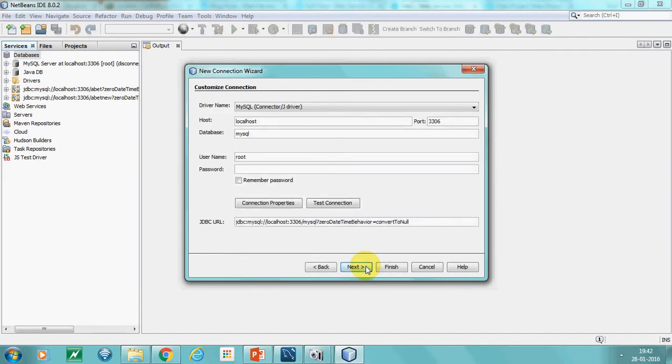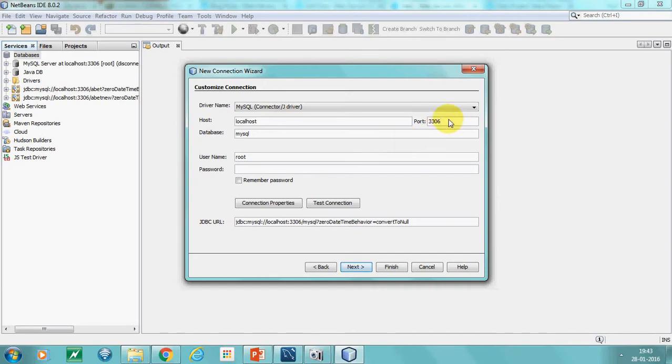And there it is. It allows you to customize your connection. The driver name, MySQL Connector/J driver. Of course, now you are going to provide your host name. As my MySQL database server is residing on my computer, the same computer where I am going to build my application, the host name would be localhost. But if it is residing on a remote computer, then I need to provide the fully qualified domain name of that server, where the database server is running. As it is on my same computer, I'll give the host name as localhost.